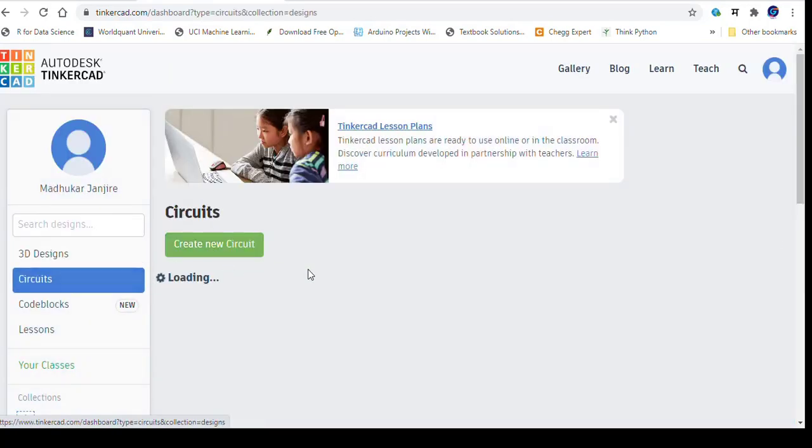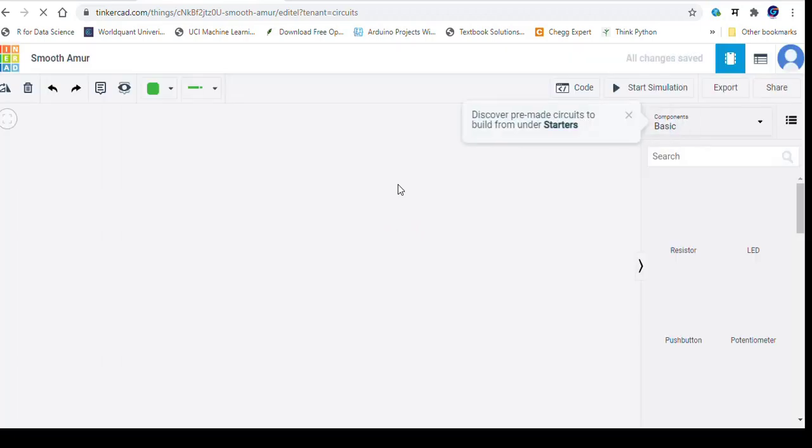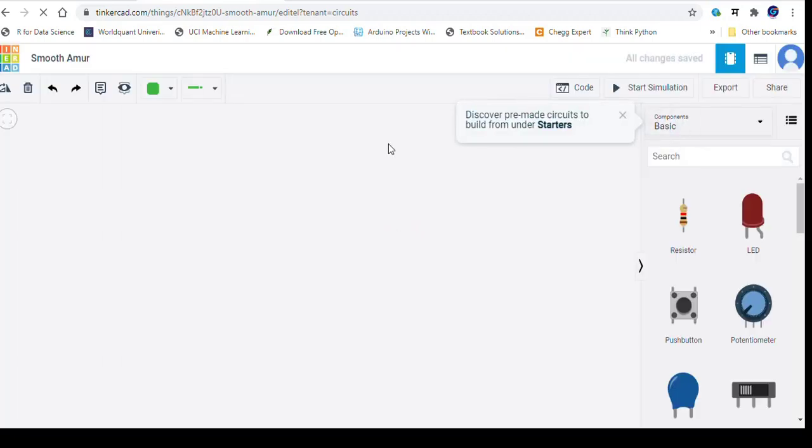After logging in, before that you have to select the circuits from here, and then click on create new circuit, and after that the empty screen will open here.